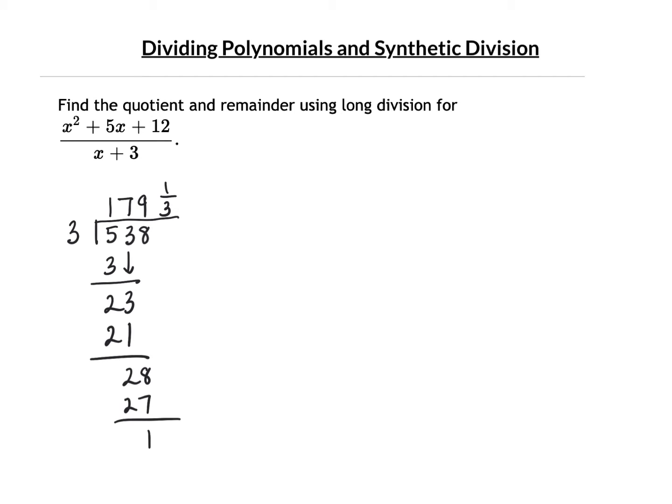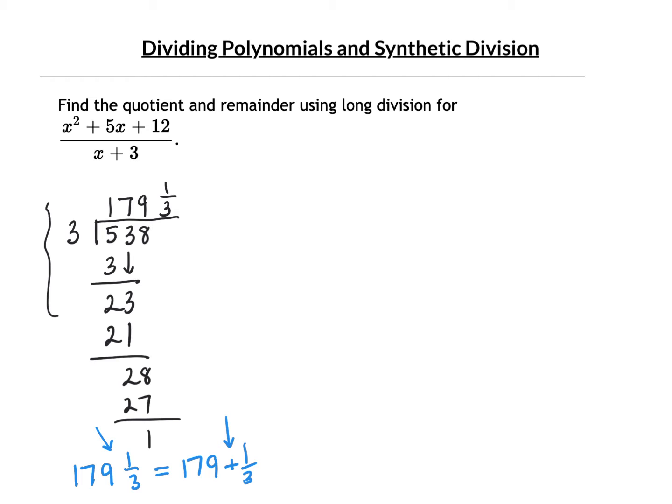The last thing I want to point out is that when you write an answer like 179 and 1/3, that's really 179 plus 1/3. 1/3 more. This addition is an important concept here because a lot of students want to think that there's multiplication there, but think about it. If you say 3.5 inches, you don't go 3 times a half, you go 3 plus a half inch. Now let's apply what we did with this question here